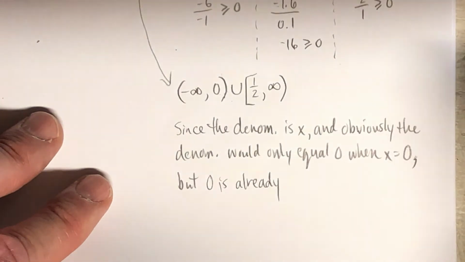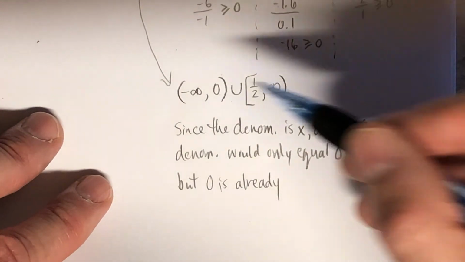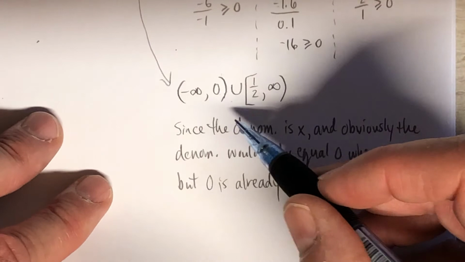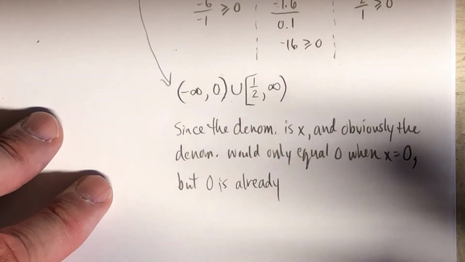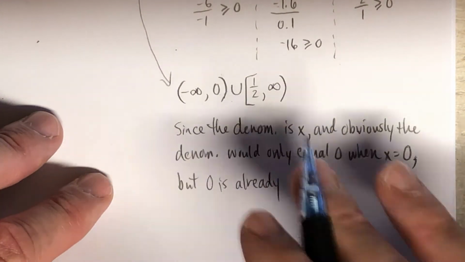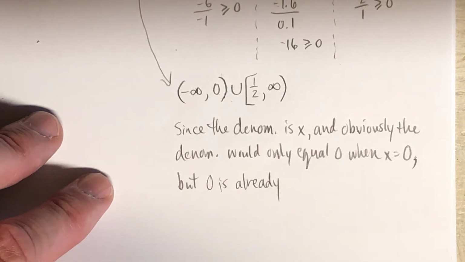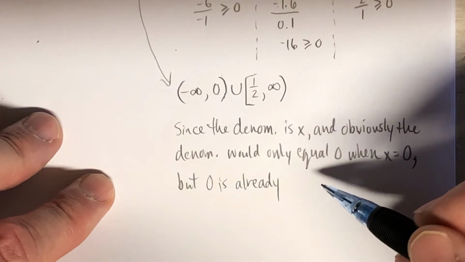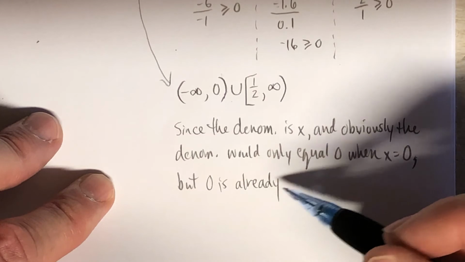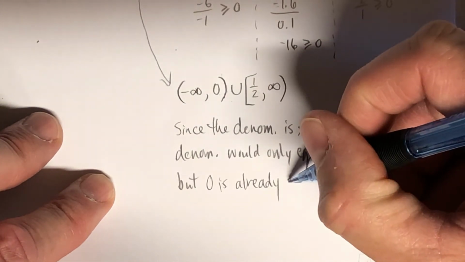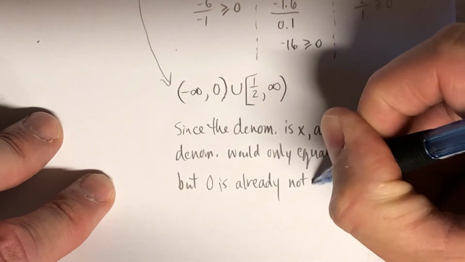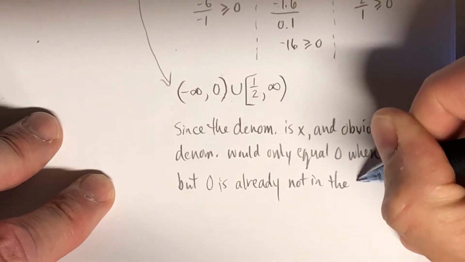So you don't need to do anything here. If 0 was in the domain, we'd have to adjust the answer to make sure it's not. We'll see an example like that in the next example, don't worry, when we do g circle f. But since 0 is already not in the domain,